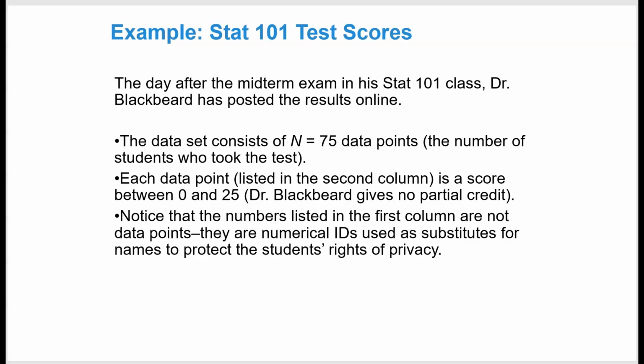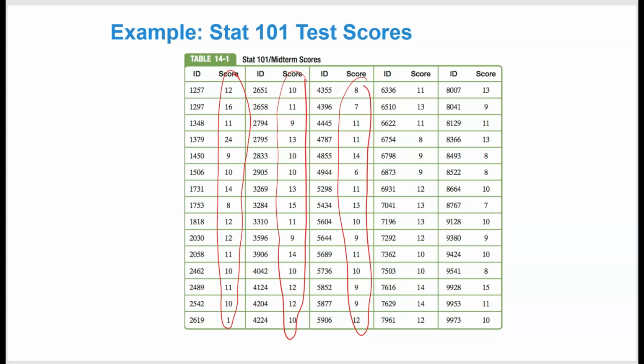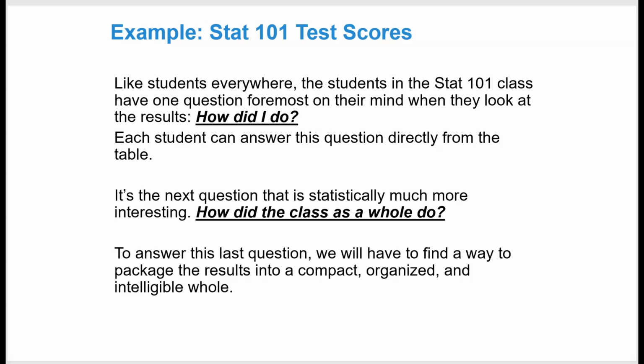So let's say you have test scores. There's 75 kids in the class, and they can score between a 0 and a 25. These are the 75 scores, okay? So the data set itself comes from these scores. Maybe you'll have people's names here and you'll be collecting their numerical answers. So you're going to end up with 75. You want to know how you did, you want to know how the whole class did. That's why we have statistical values so that we can compare answers and we can make decisions about the